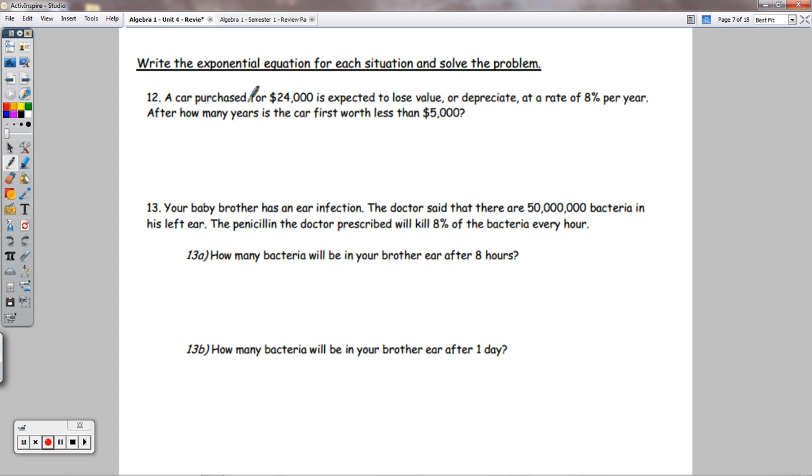For number 12, a car purchased for $24,000 is expected to lose value or depreciate at a rate of 8% per year. After how many years is the car first worth less than $5,000? So we're saying this is like your f of t, your function value. This right here is your rate, 0.08. This right here is your initial value,